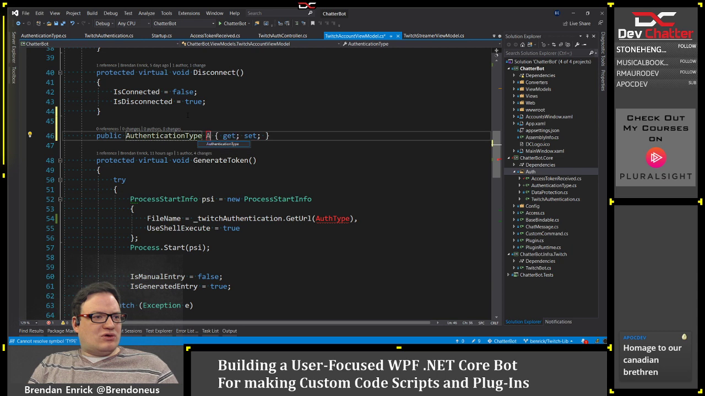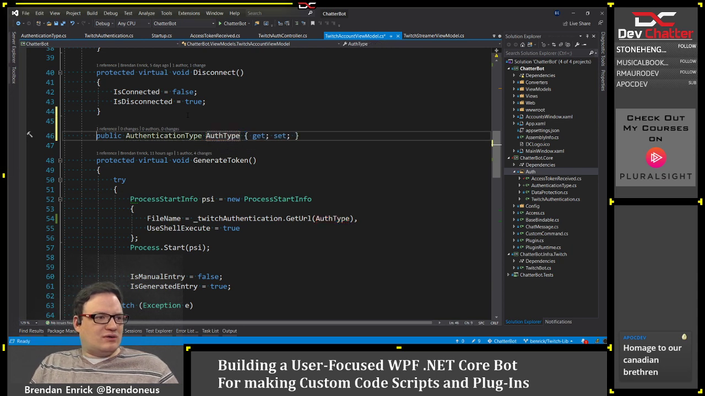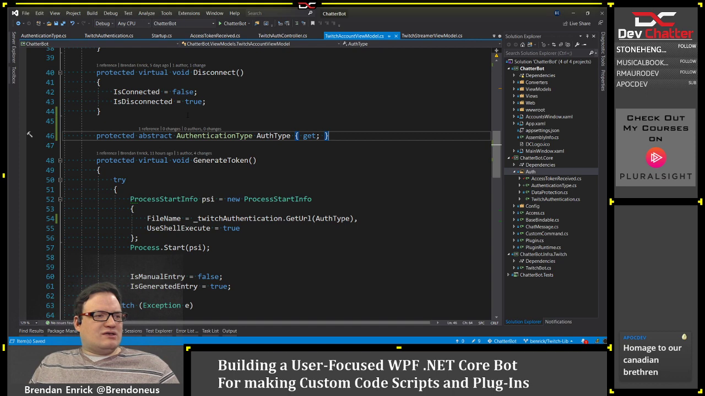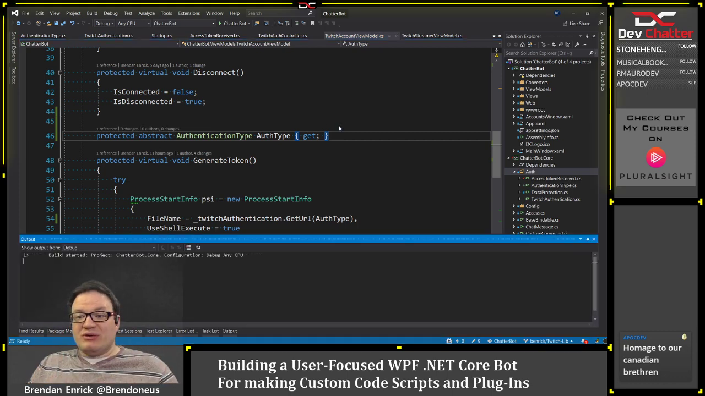Authentication type, auth type, abstract, and it is protected. So it is a protected abstract auth type, which now we should have 2 compiler errors